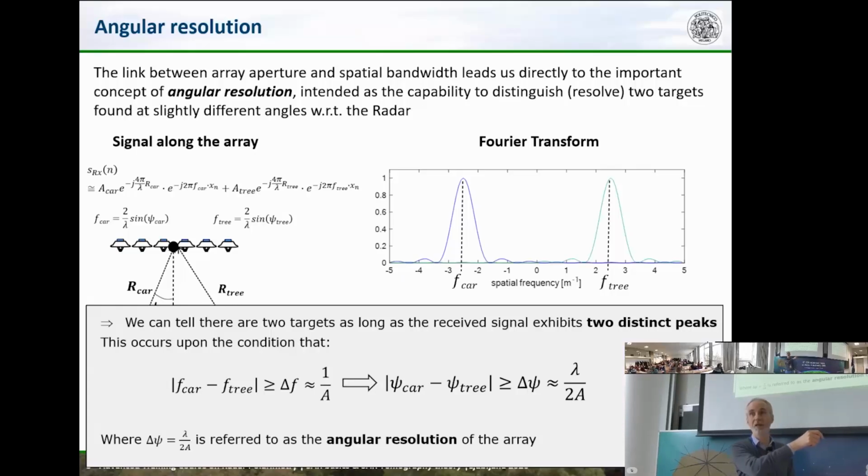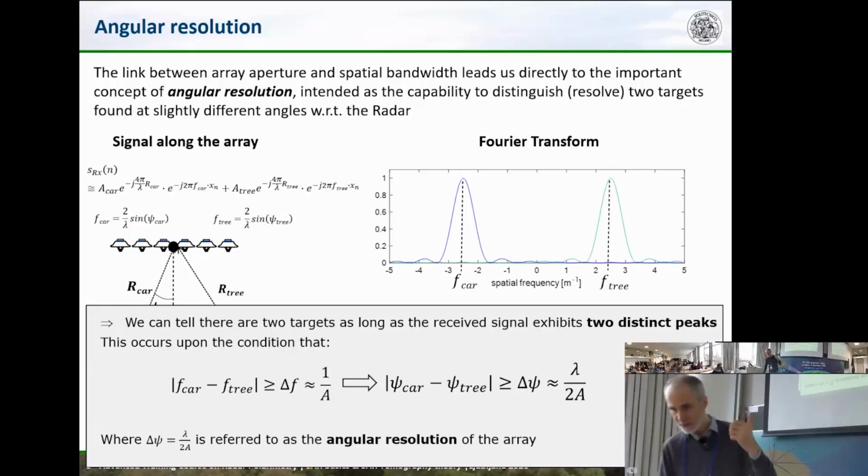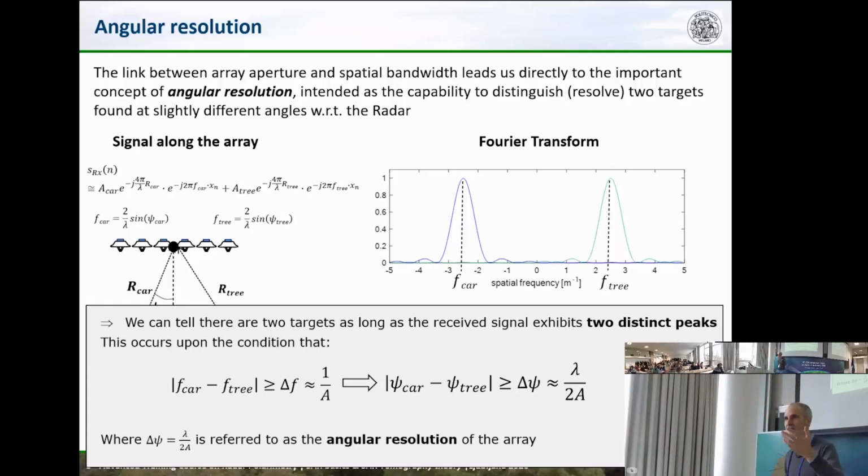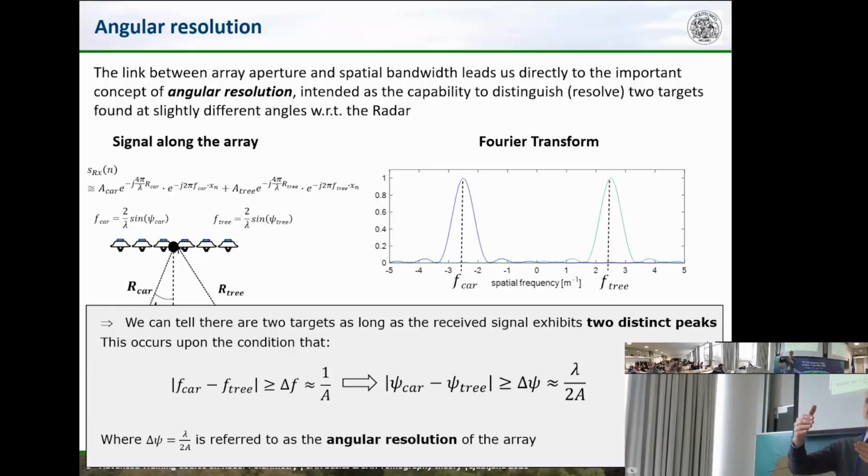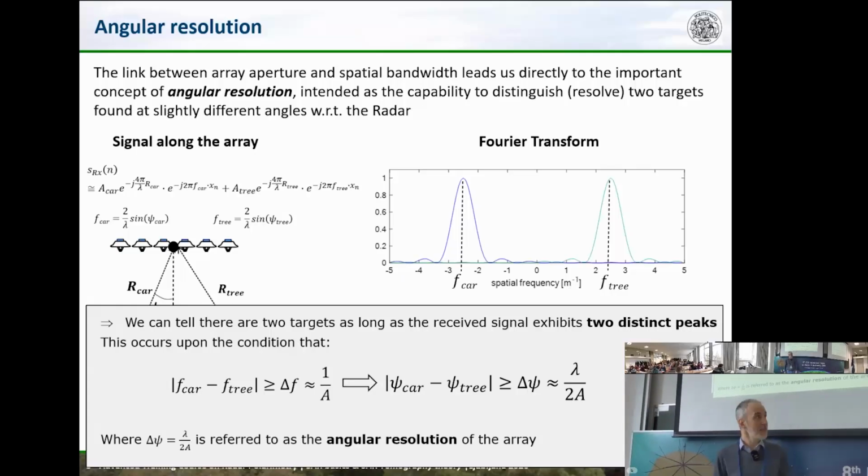This is in angle. We call it the angular resolution of your radar. So we saw the carrier frequency, which states the sensitivity to different features. We saw the bandwidth, that states your capability to resolve targets based on the range, based on the distance. And now for a radar that has an array or a radar that is moved, it doesn't change anything,